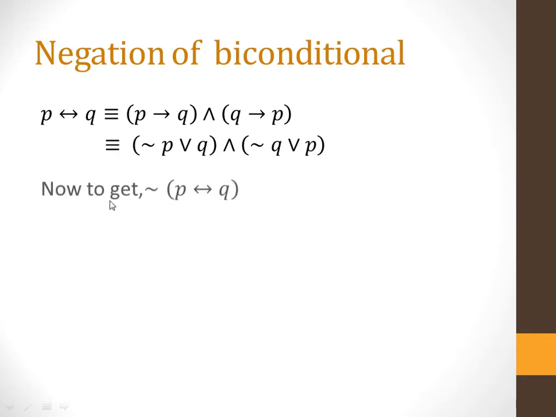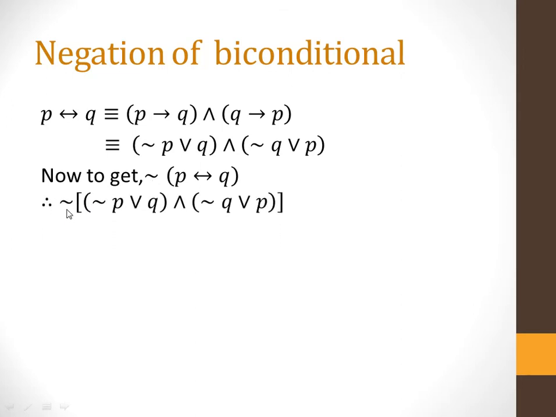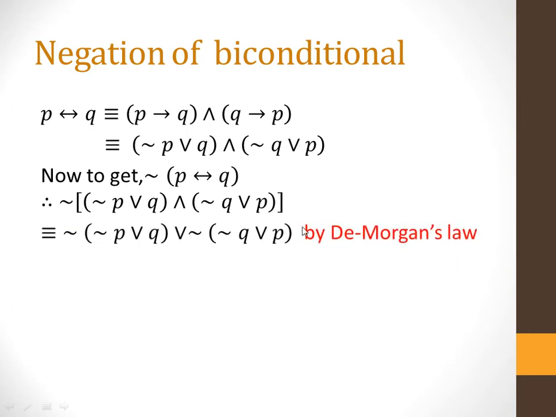Okay, now let us apply the negation on this double implication. To get the negation of double implication, we apply the negation on this whole statement, using the equivalence. Now negation is operated on this conjunction. See here, it is joined by and. If you apply the negation on a conjunction, then De Morgan's law is applicable. So by De Morgan's law,